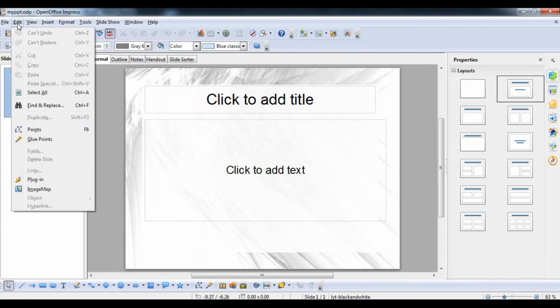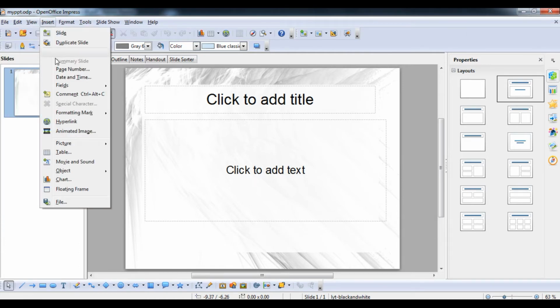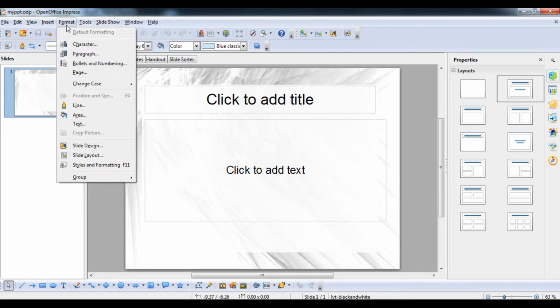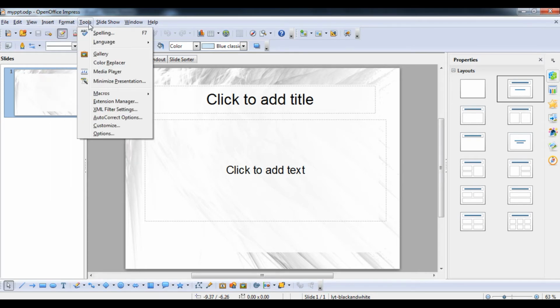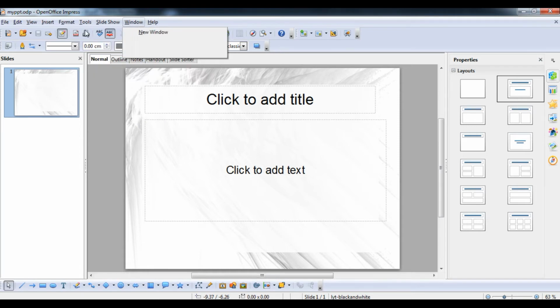Now after that you can see, student, the menu bar, which contains a number of options regarding file, edit, view, insert. Here you can insert an image or animation, and format, whatever respective elements are there. The commands are inside the menu bar. Now you can see the standard toolbar, student. In the standard toolbar, commonly used shortcuts are present in the form of icons, like link, hyperlink, chart, everything. And here is the formatting of the line, such as the color and size of the font.